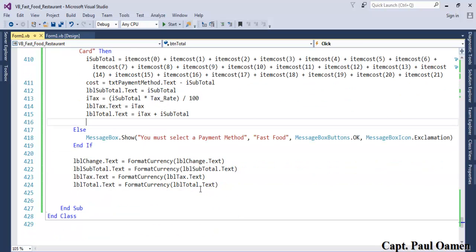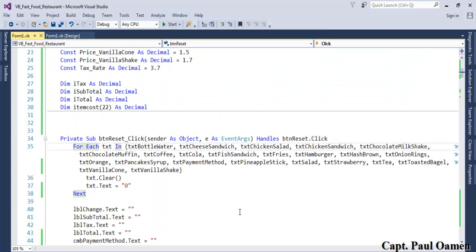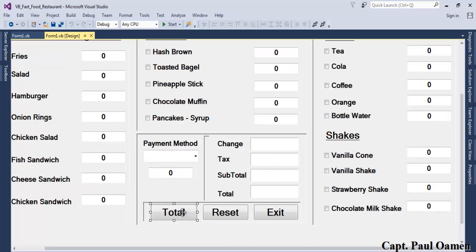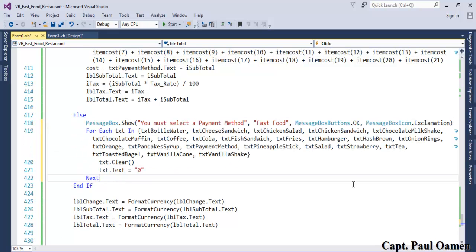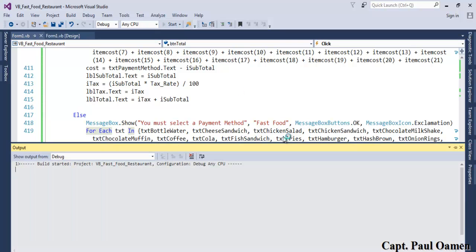Okay, all of this. Let's come in here, double click on this, clear it all. Inside the total, come down here. Okay, else message box. Yeah. So if we run it,